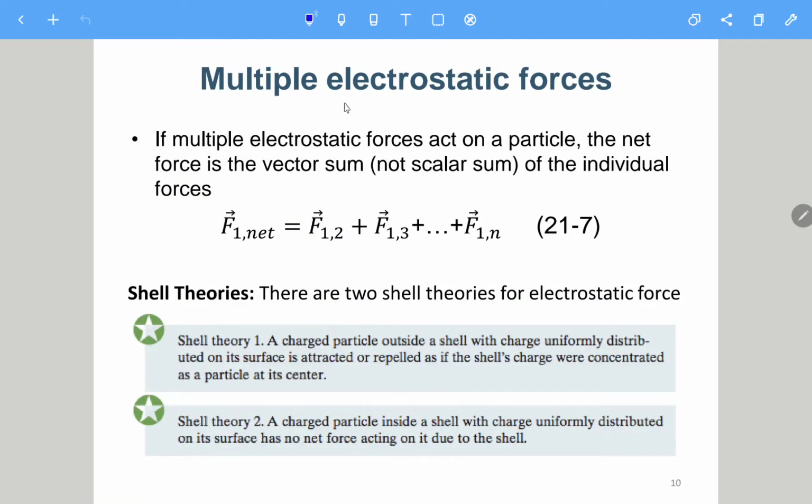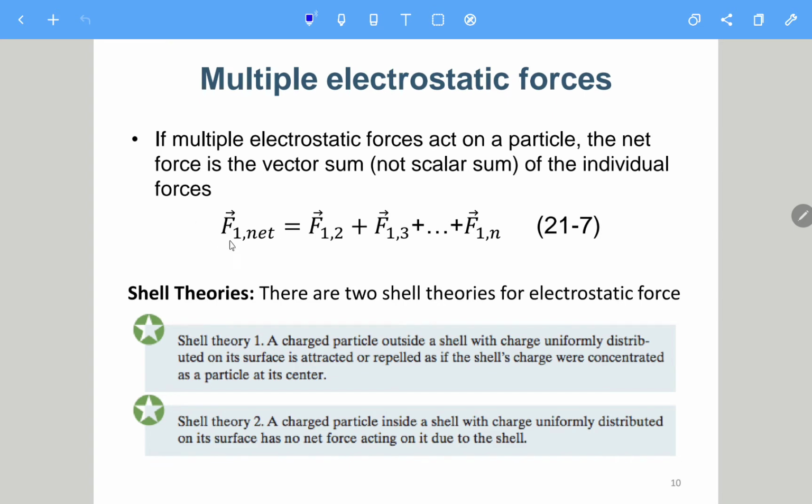So if we have multiple electrons, then there will be multiple electrostatic forces between them. If multiple electron forces act on a particle, the net force is the vector sum, not a scalar sum, of the individual forces. Which means that if altogether we have n charged particles, then on the first one,